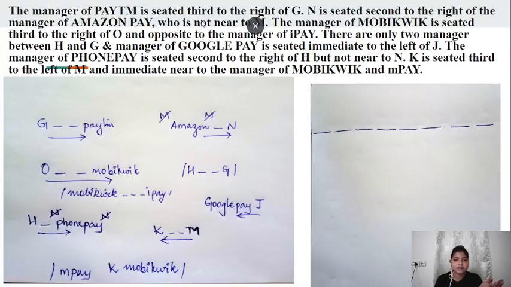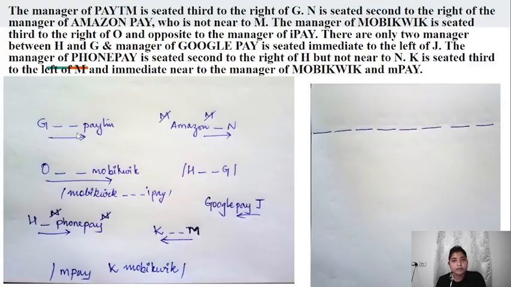Okay, so Paytm sits third to the right of G. So I write G, and whenever we write a condition, we'll assume that G is facing a kind of north direction. Only when it faces north will right be this side and left be that side. So you assume that particularly, so that all your conditions are based on one direction. Seated third to the right: first, second and third, Paytm, and I will write this arrow because that will specify the seating. In this condition I haven't drawn the dash line because G and Paytm are not interchangeable.